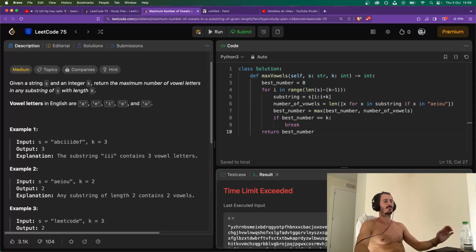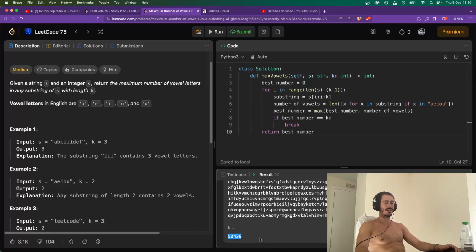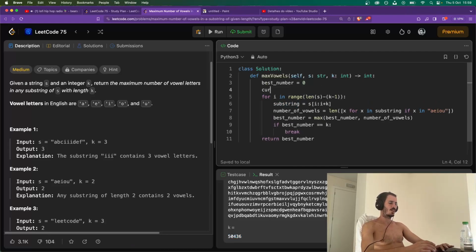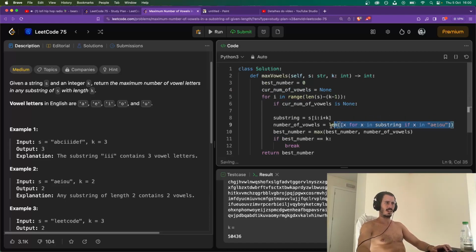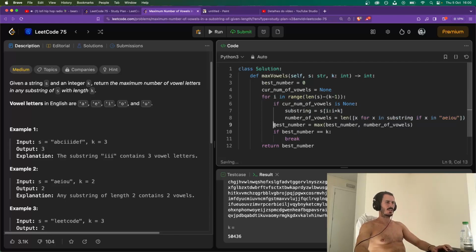Time limit exceeded. Why? Because we have a big window. So, what do? We don't need to be counting the number of vowels every time. We can just do current number of vowels equals None. And let's say if current number of vowels is None, then we indeed count the number of vowels. Else,